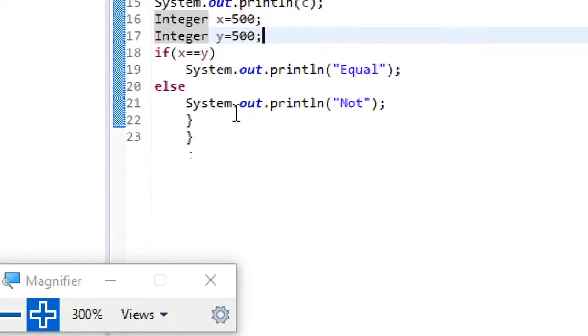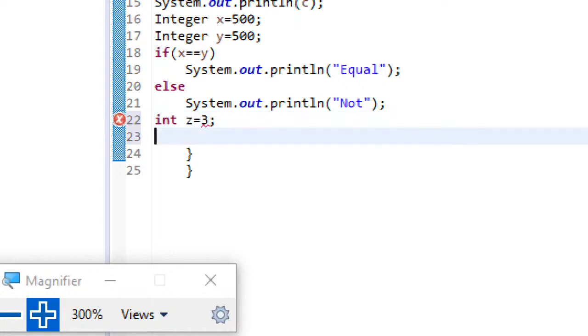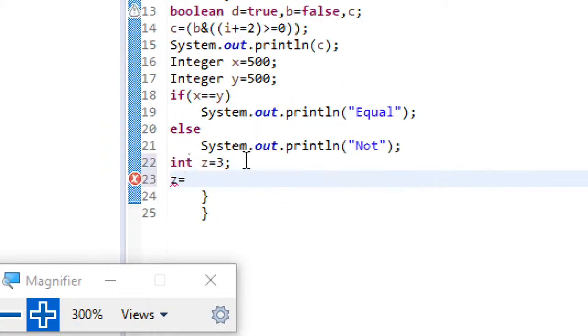And before winding up, very quickly, I'll just show you one small thing. I think most of you might have checked it. Z equal to 3. Let us declare it like this: Z equal to 3 right shift 2.